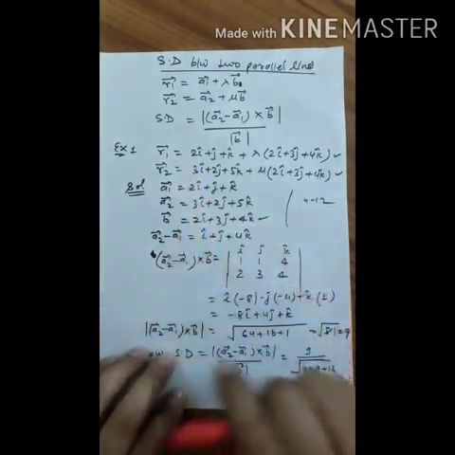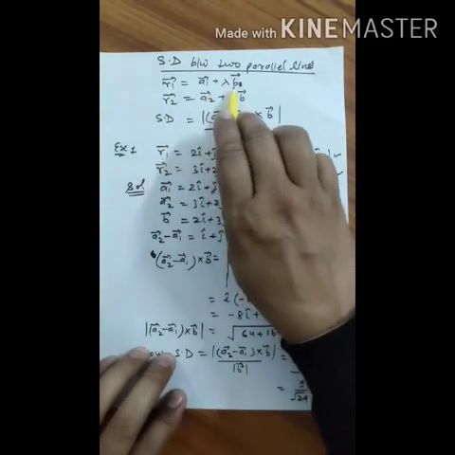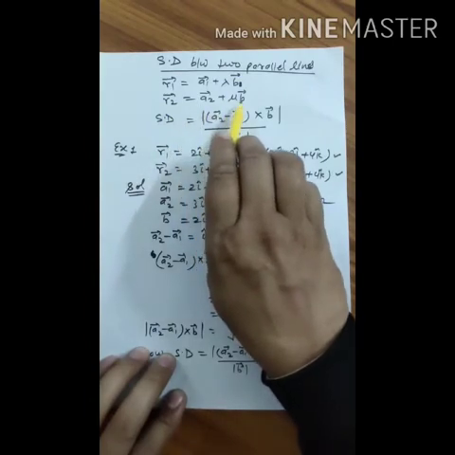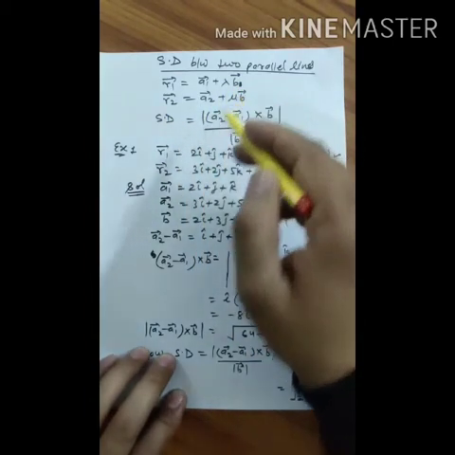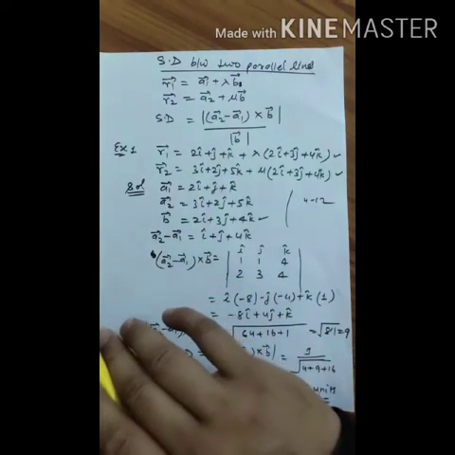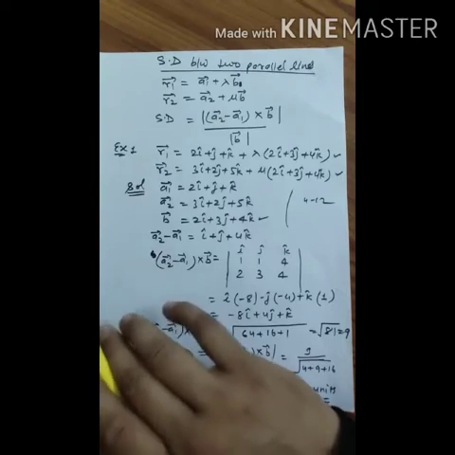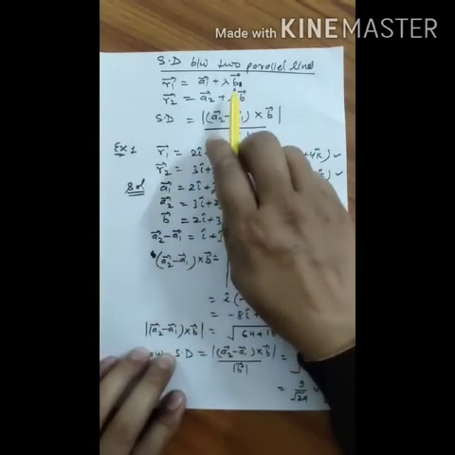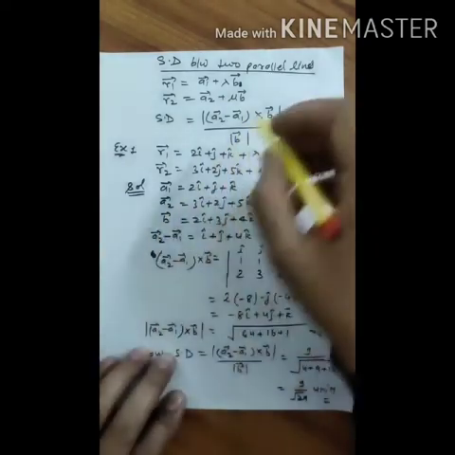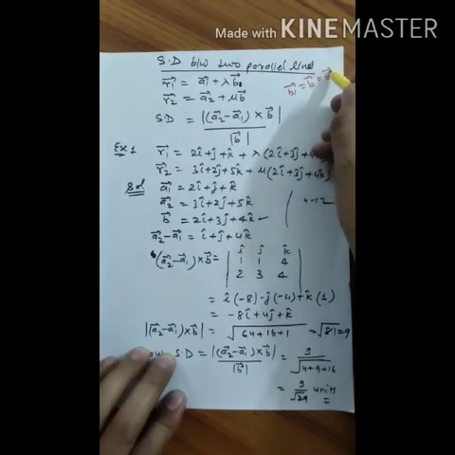First, we have two lines. We have the equations of two lines. r1 equals a1 plus lambda b, lambda b only. r2 equals vector a2 plus mu b. In this, b1 and b2 are not given, but only b is given, because both the lines are parallel, and we know that parallel lines always have the same direction ratio. So that's why I have written only b instead of b1 and b2. Okay, for parallel lines, b1 vector equals b2, so it will be equal to b.